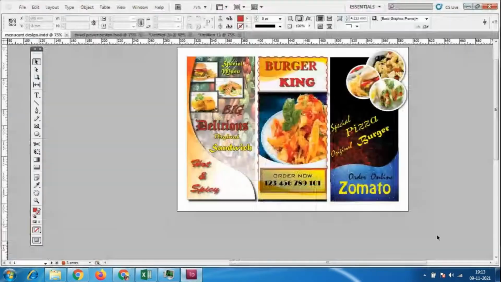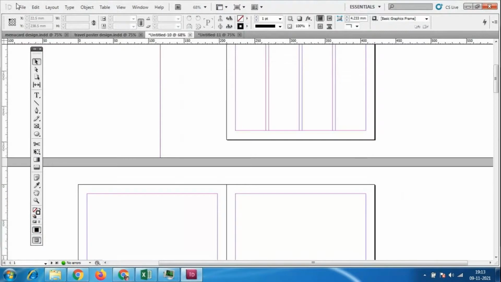So I'll go to this InDesign software and I'll go to File, New Document.